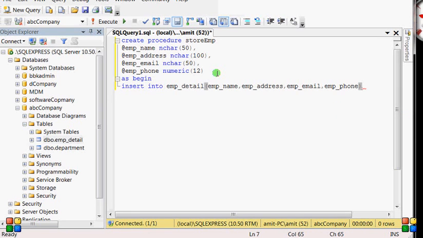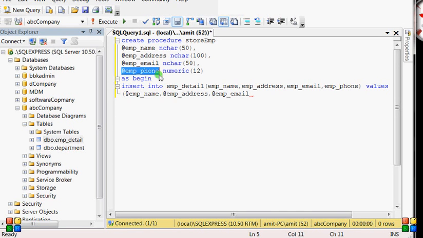So there are four entities which we have to insert, then values, and the values should be whatever we are getting from our defined variables. We just copy and paste because any syntax error can generate an error.